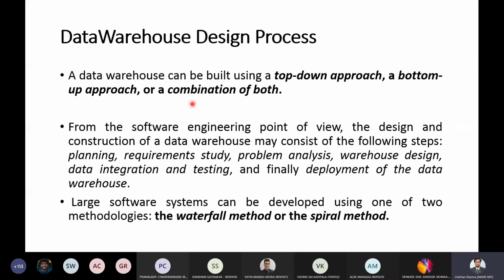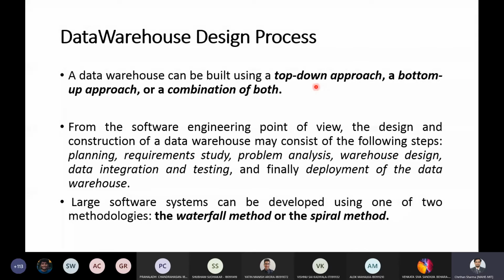Okay. So the next possible thing is to combine both, the good of both. This particular approach is advisable if an organization wants to exploit the planned and strategic nature of the top-down approach. Well, it also wants to retain the implementation and opportunistic application of the bottom-up approach.